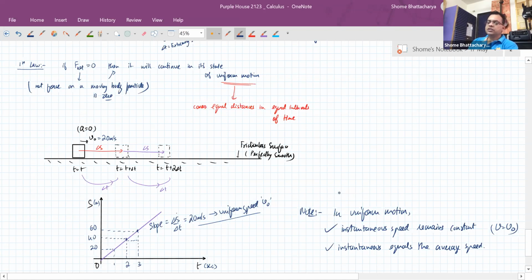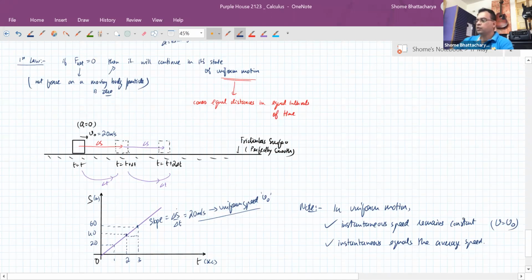Now note this down, and next we will see the case of an accelerated object like the apple falling towards the ground, which Newton was observing, and how that is different to this. And by observing the difference between that one and this one only, he started thinking about the concept of instantaneous rate of change, how it can be different from average rate of change. And from there, the whole mathematics of differential calculus developed. The science of instantaneous rate of change developed from that point of time. So anyway, write down this one first. Jot down a few points about this. Then we will come to the second case I was talking to you about.